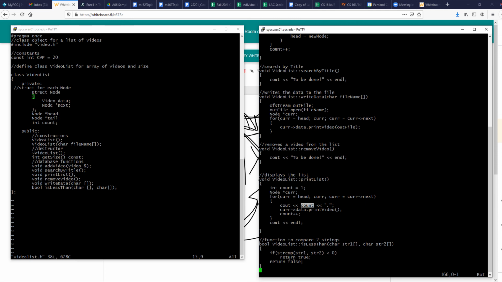Remember, again, we have our print video, which will print itself. You call print video using current data. And write data is exactly the same thing, but I call print video with out file. So these two are easy functions. They just go through and print the list. Okay, and then of course the is less than function. So these are the functions that you need to implement. Mainly the add, the is less than, the destructor, and the print. I don't expect it to do anything else for part one. So try this for part one. Be able to insert, sort it,